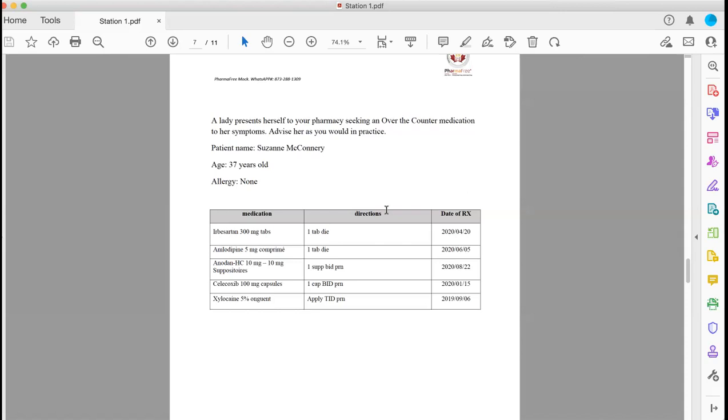Okay, Suzanne. You are here seeking help regarding your hemorrhoid, correct? Yes. Okay. Could you tell me more about your symptoms? It's very painful actually, and itchy. However, I have been diagnosed with an anal fissure for 1 year, and I'm supposed to undergo surgery soon. But I haven't got the appointment confirmation for the surgery yet, and I need something for relief for the moment. Okay, okay. Anything else you would like to share with me?